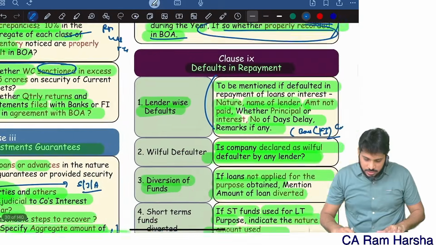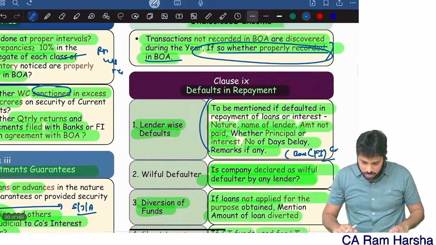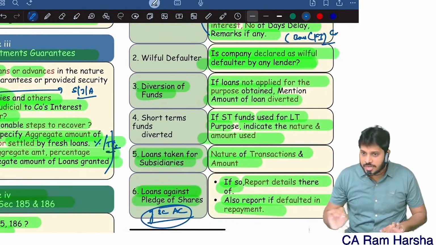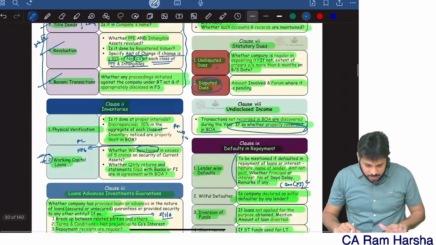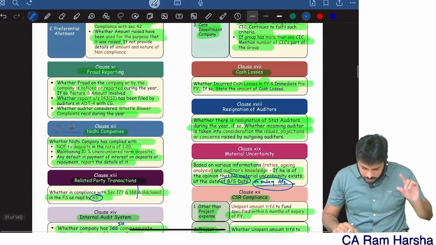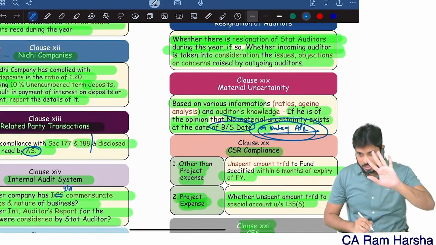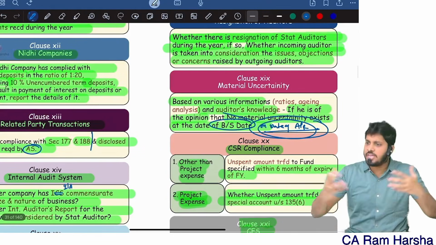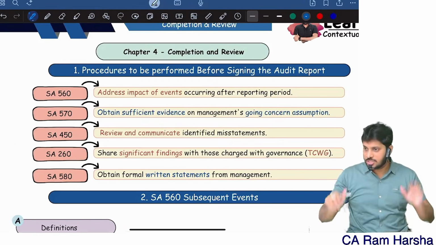Then what else we need to add? Here the word subsidiary company has to be added. Is there any other important wording that is missing? Yes, here the audit report date has to be added. That's it, only three issues. Yes or no? Just to make it even more clear. With this, audit report is completed. Confident?